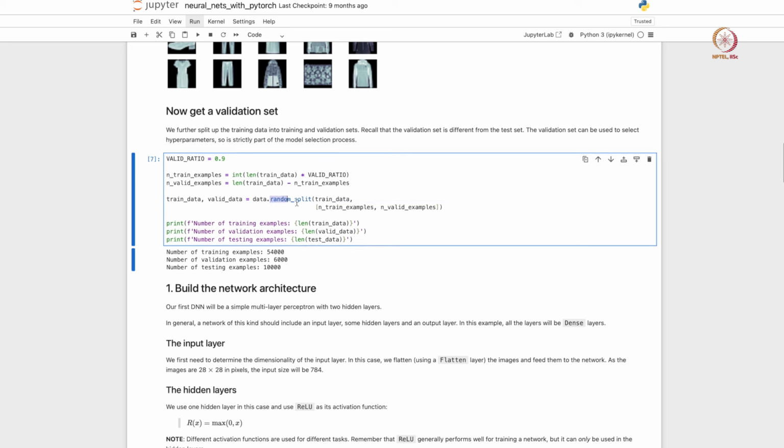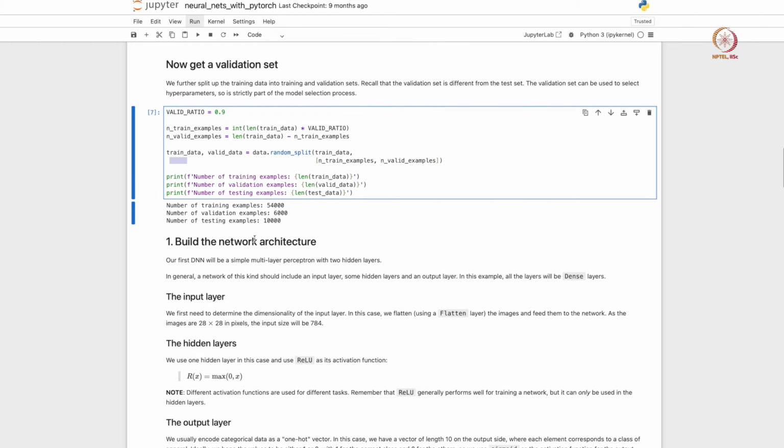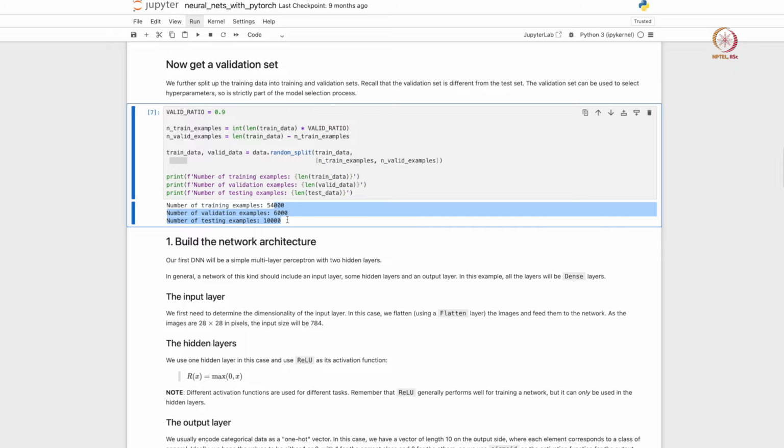So we basically do a random split here, and we take data points at random. So we get both training data as well as validation data, and if you look at the statistics, they should make sense. So the total amount of training data that we had was 60,000, so 10% of that is 6,000. So 6,000 goes for validation, 54,000 goes for training, and 10,000 remains in test, right.